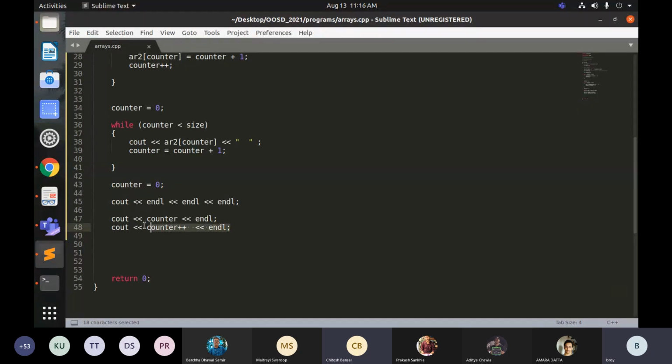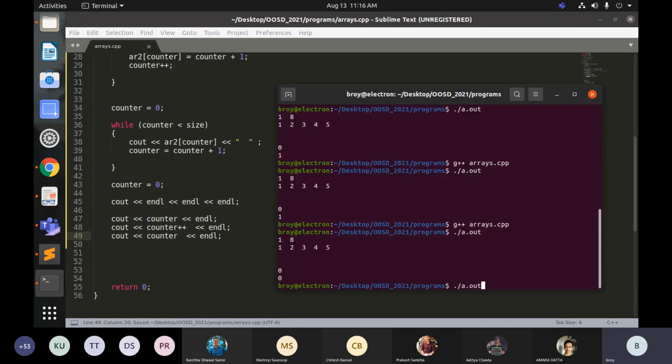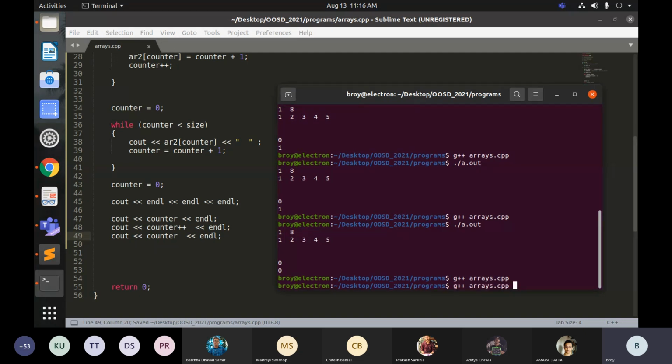Yeah, because when you're using the plus plus notation and you're running cout on the variable, first the initial value of the variable is printed, then it is incremented. So if I do this again, now the incremented value of the variable will be printed, which is 1. Okay,